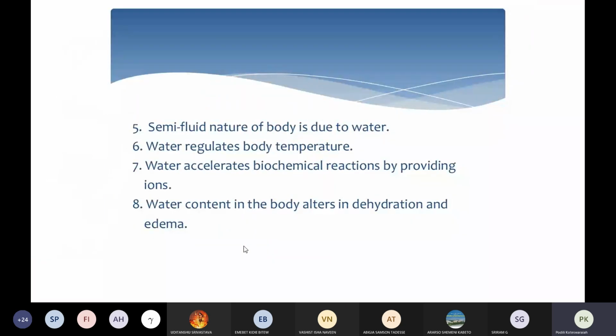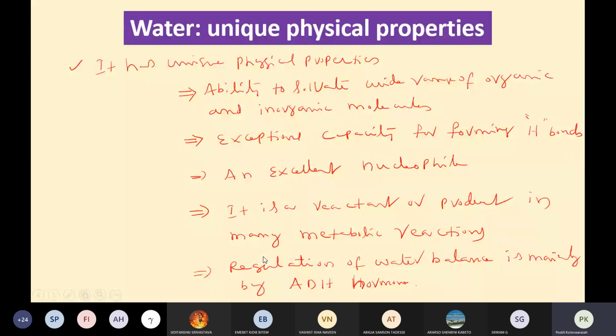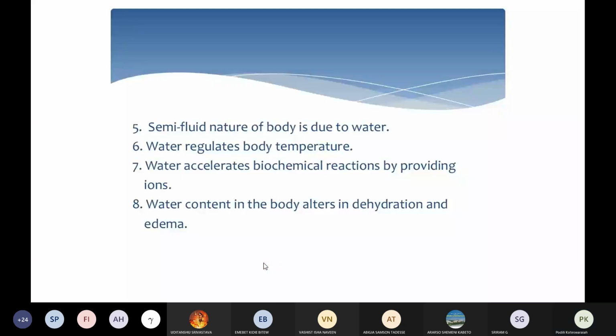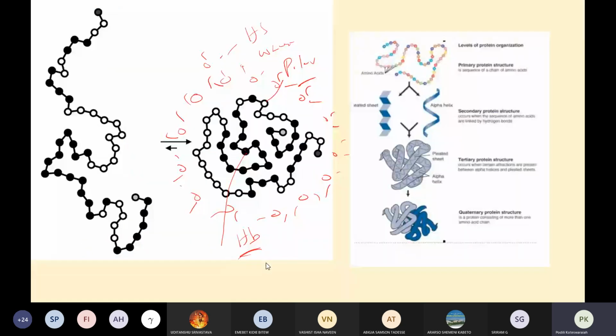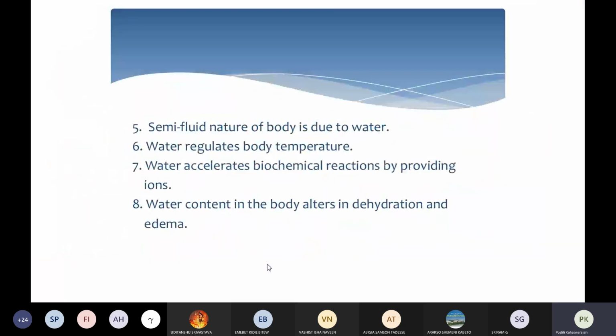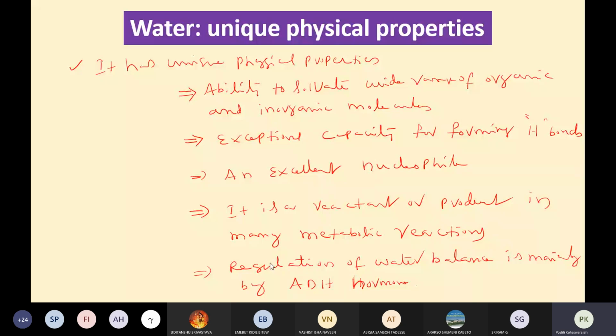Then, of course, the semi-fluid nature of the body is due to water, and it regulates the body temperature, and it accelerates many biochemical reactions by providing ions. The water content in the body alters in dehydration and in edema. So it has many functions in the body, and many reactions take place. But water has